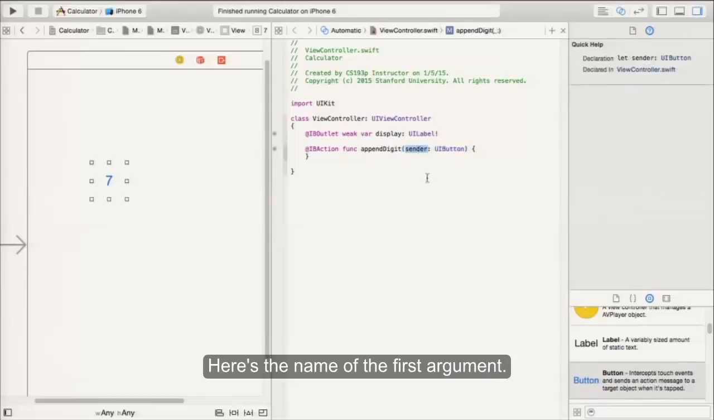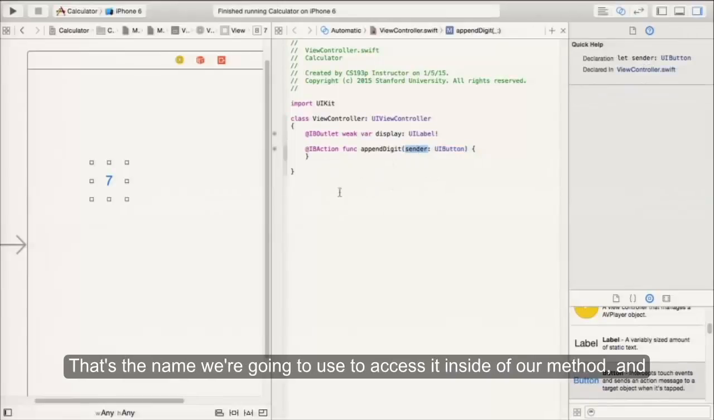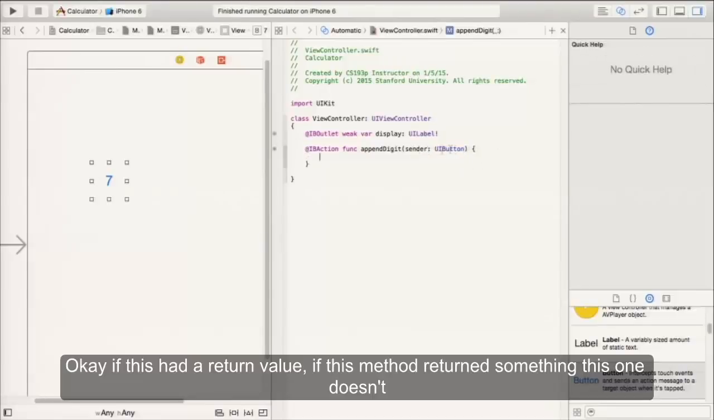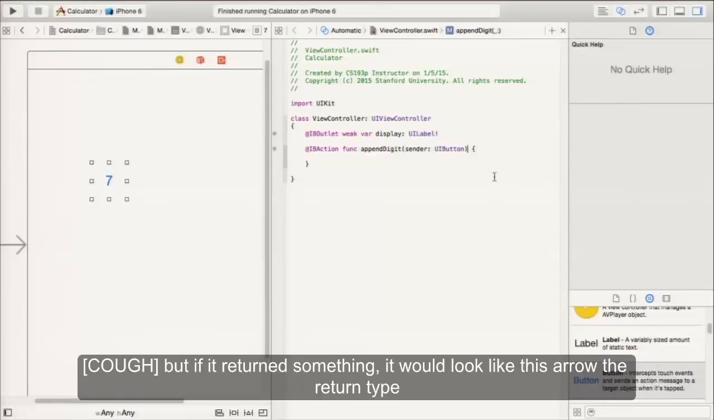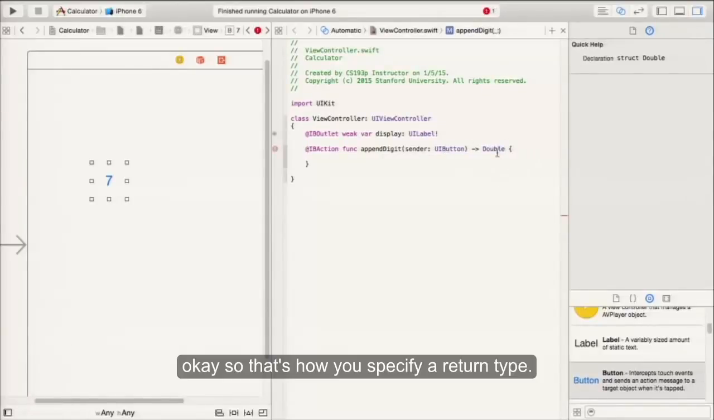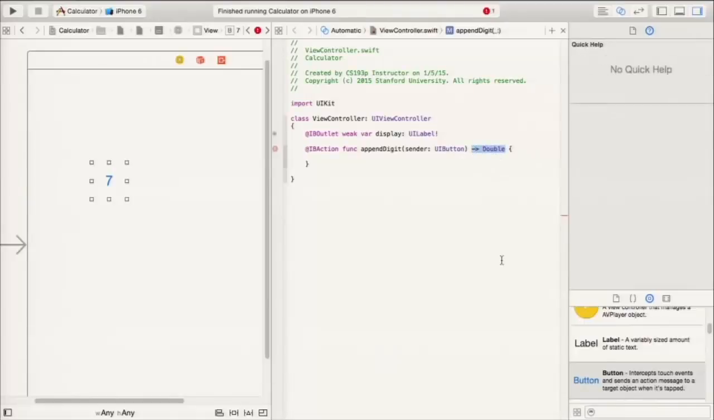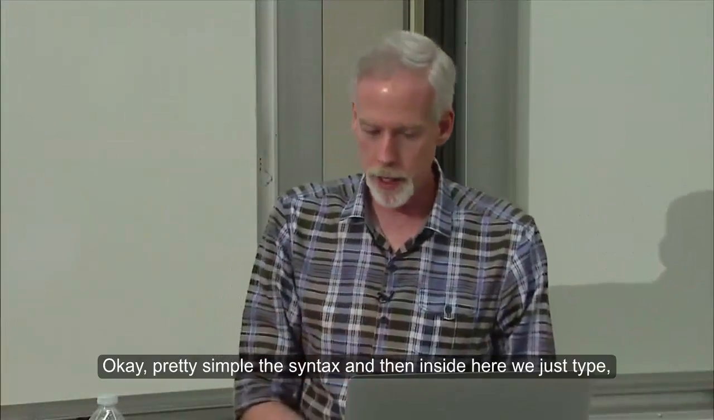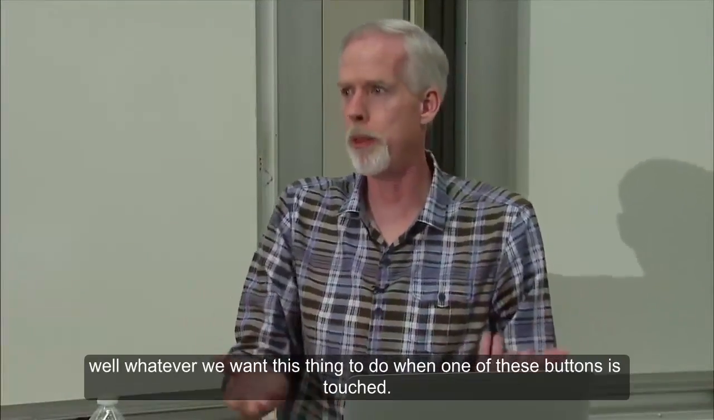Here's the name of the first argument. That's the name we're going to use to access it inside of our method. And here is the type. It's a UI button. Notice no exclamation point there, by the way. If this method returned something, this one doesn't, but if it did, it would look like this: arrow, the return type. That's how you specify a return type. Pretty simple syntax. And then inside here, we just type whatever we want this thing to do